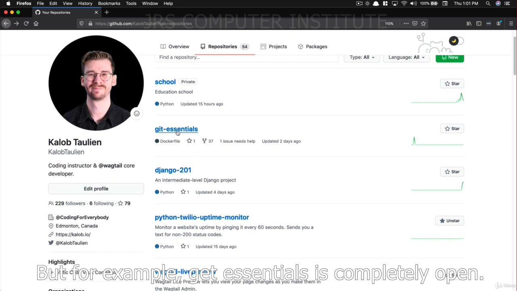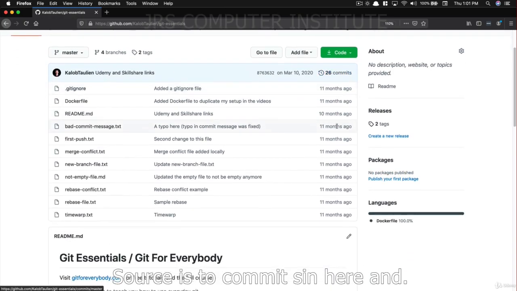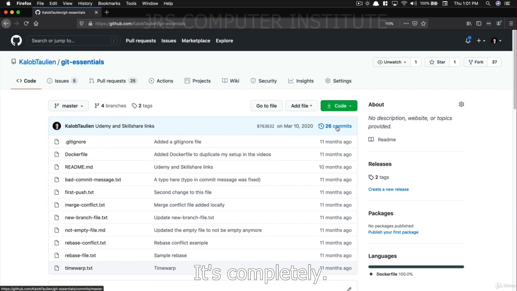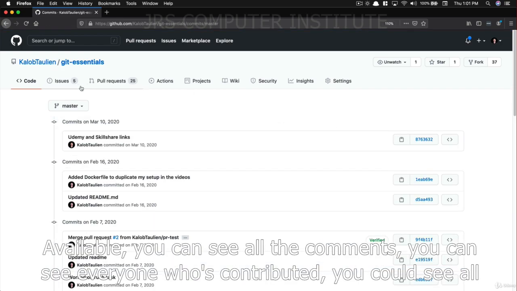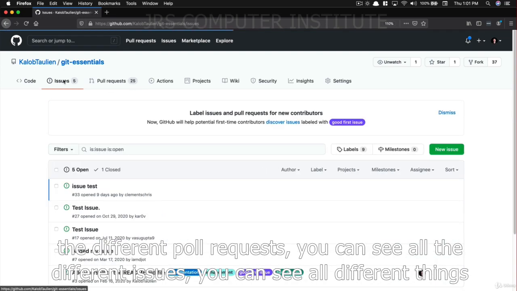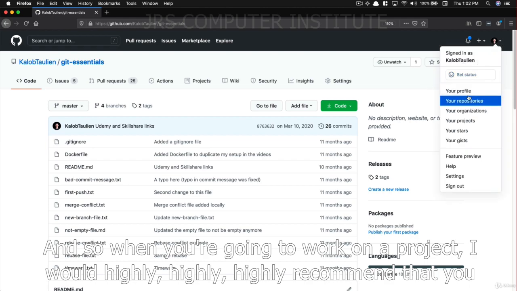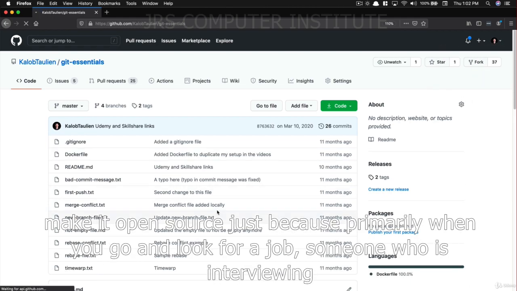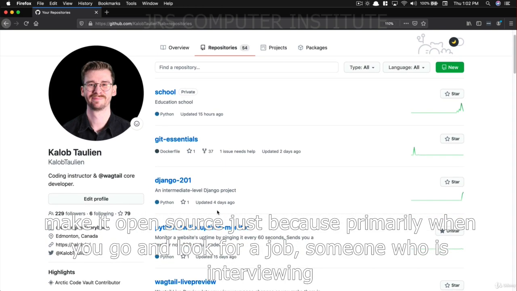But, for example, Git Essentials is completely open source. There's 26 commits in here, and it's completely available. You can see all the commits, you can see everyone who's contributed, you can see all the different pull requests, all the different issues, all the different things in here. And so when you're going to work on a project, I would highly, highly, highly recommend that you make it open source. Just because primarily when you go and look for a job, someone who is interviewing you is surely